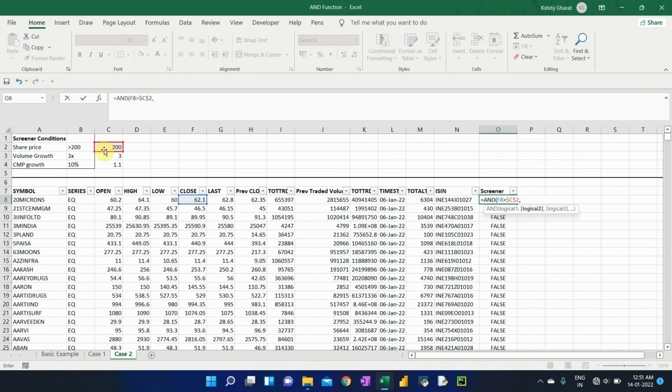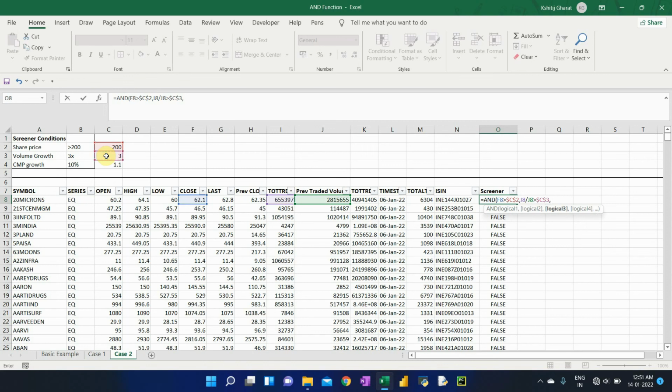Then I'll define my logical test number 2, which is about my volume growth. So I do column I divided by column J should be more than 3 times. So I'll link cell C3 and I'll lock that cell.